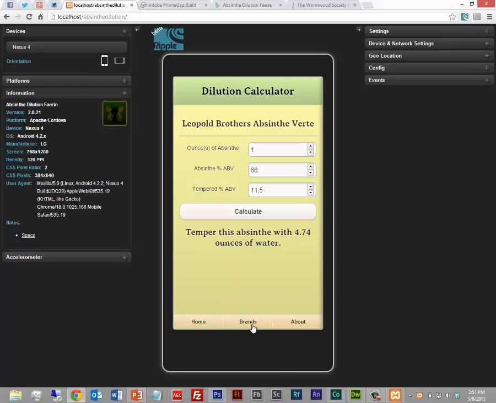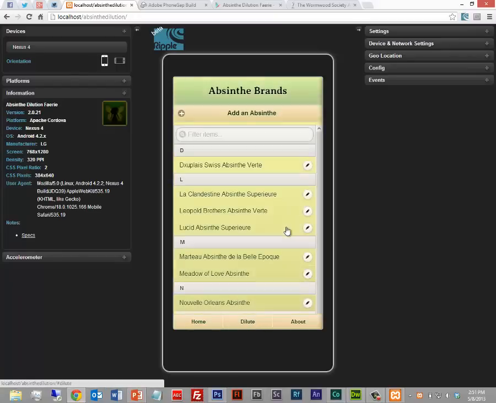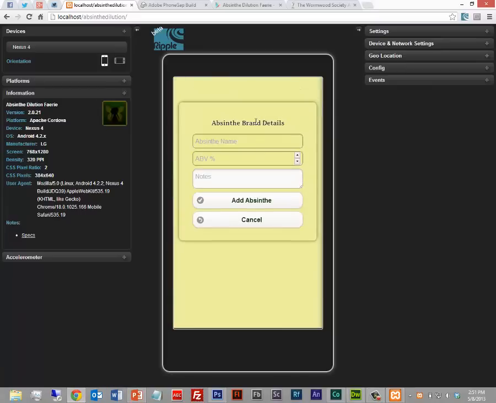So maybe I'm in here and I want to add an absinthe. I can add my own absinthe by name, put in the ABV percentage, and I can also put in different tasting notes. So if there's something particular about this brand of absinthe that I want to note for the future, I can put that in there, and then next time I bring it up, I can see that. It's a reference for myself.